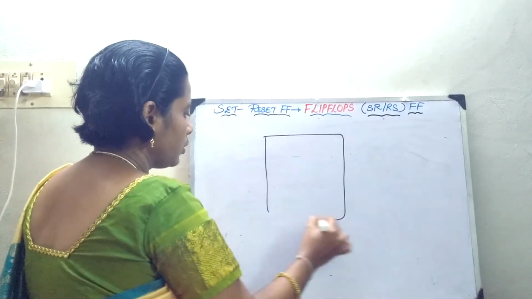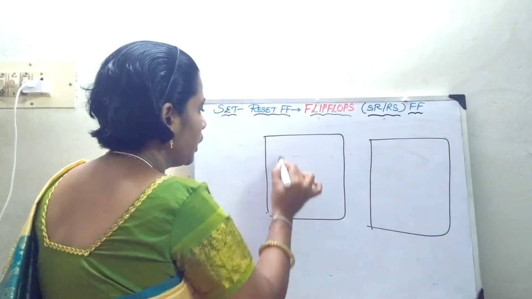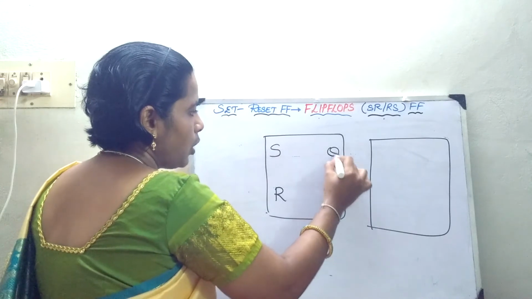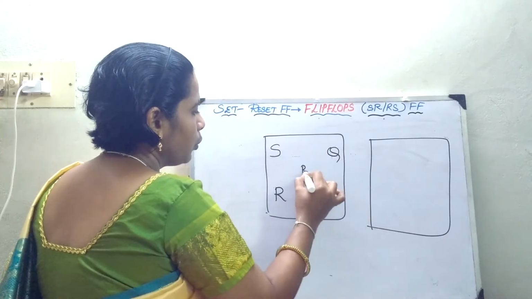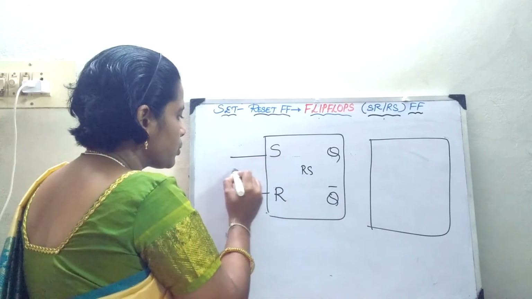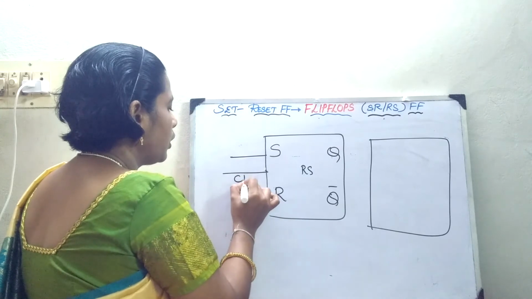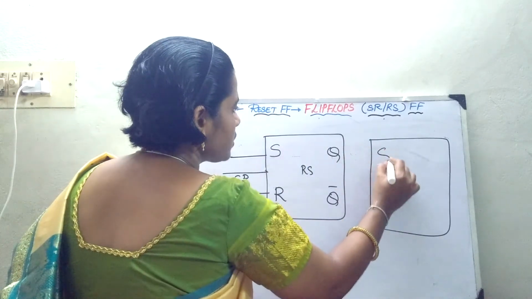Suppose, what are your inputs? RS, output is going to be Q, Q bar. If I am going to use the clock pulse, the next thing is